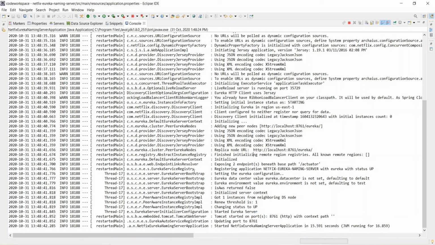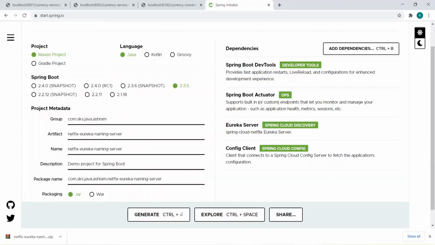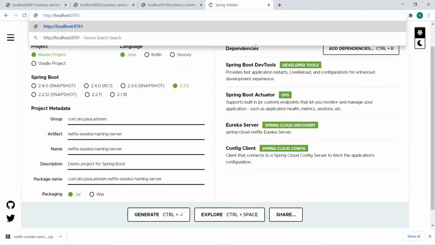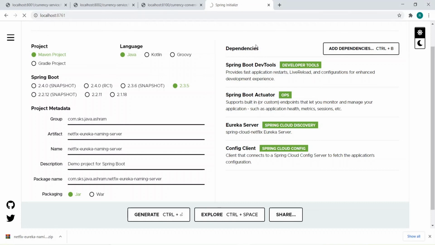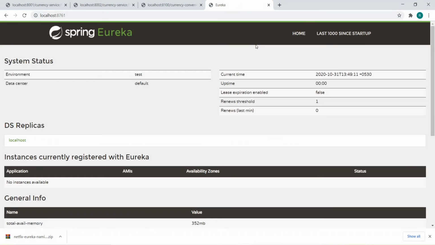Now copy this URL, 8761. Go to the browser and paste it there, press enter and see what's coming. This is the Spring Eureka server. This is how it will come. If you see here, the environment is a test environment that we have given by default. Current time is this.